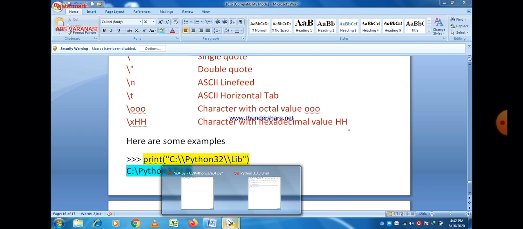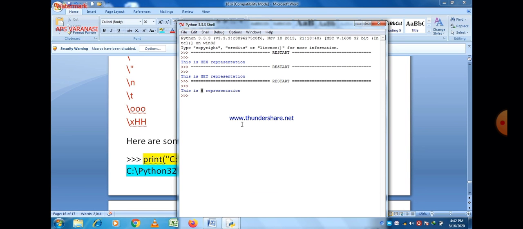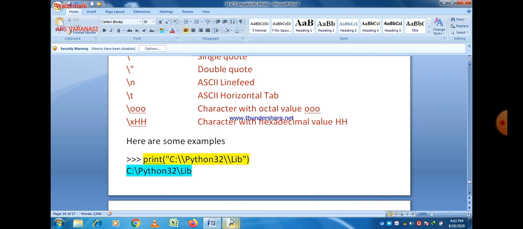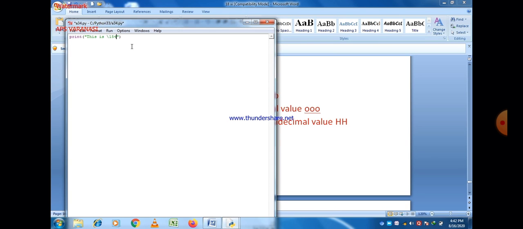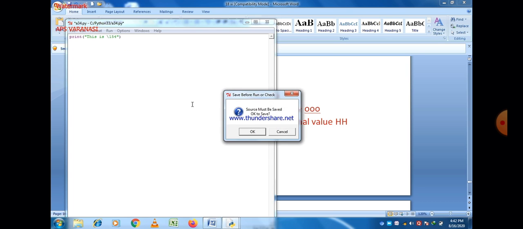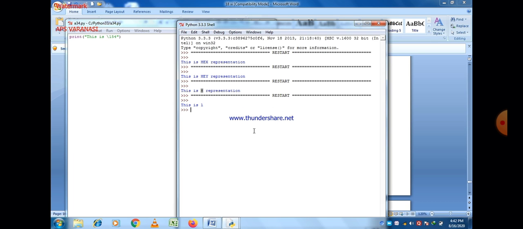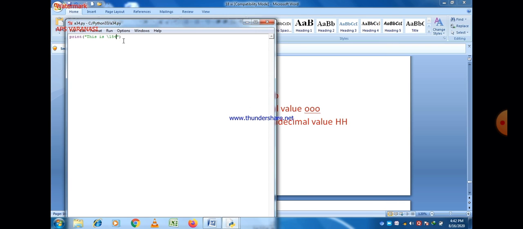So these are the different representations. Let us try to change the values of this representation, and you can find different hexadecimal values against these numbers.